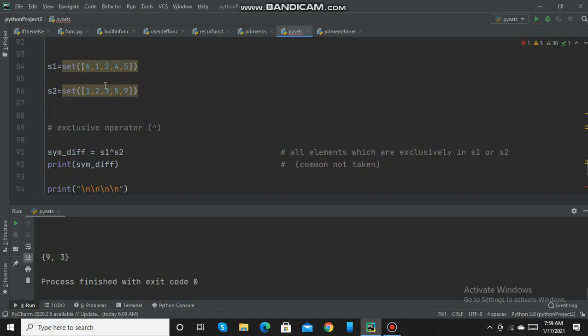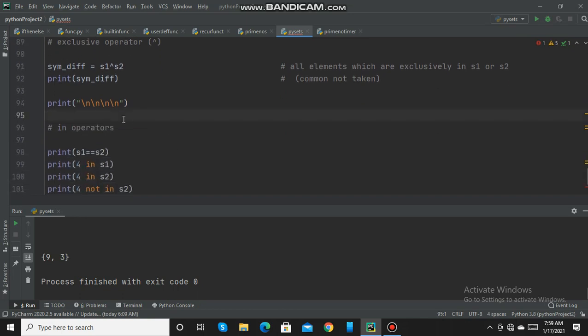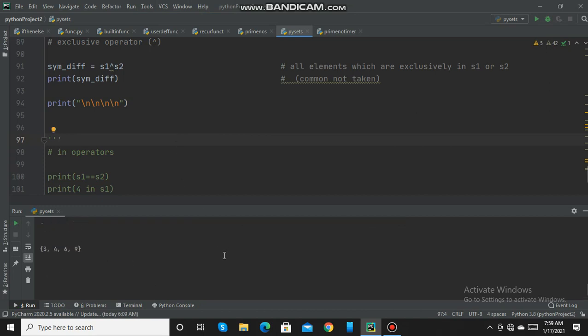So 6, 4, 3 and 9 should get printed. And here it is, 6, 4, 3 and 9 have got printed.